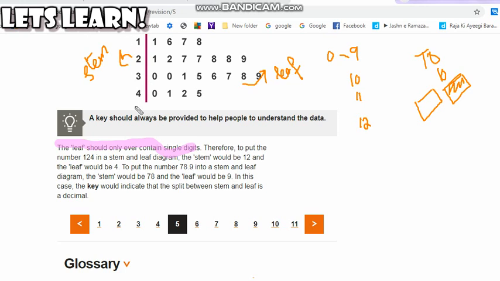Stem can have more than 2 digits. Like if you see, you have digits from 0 to 4 here, but the digits can be more than 2 digits also. It can be 12, it can